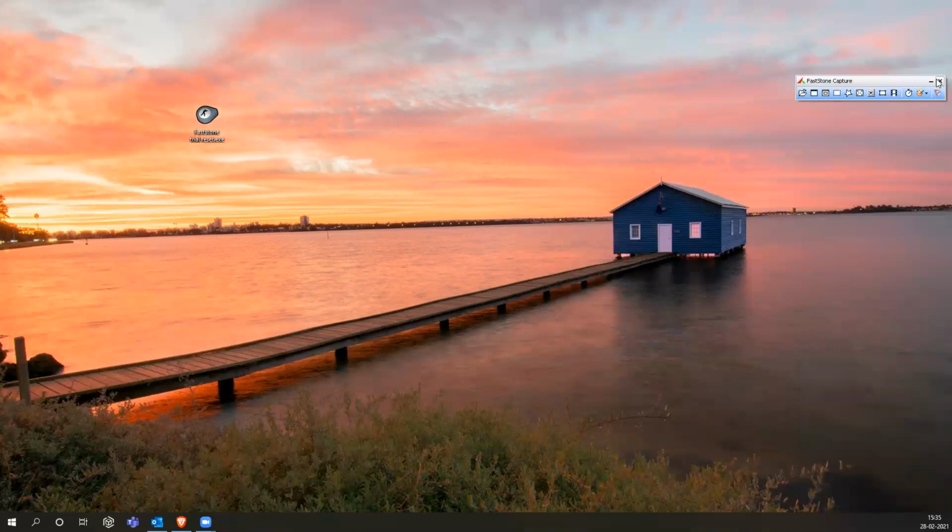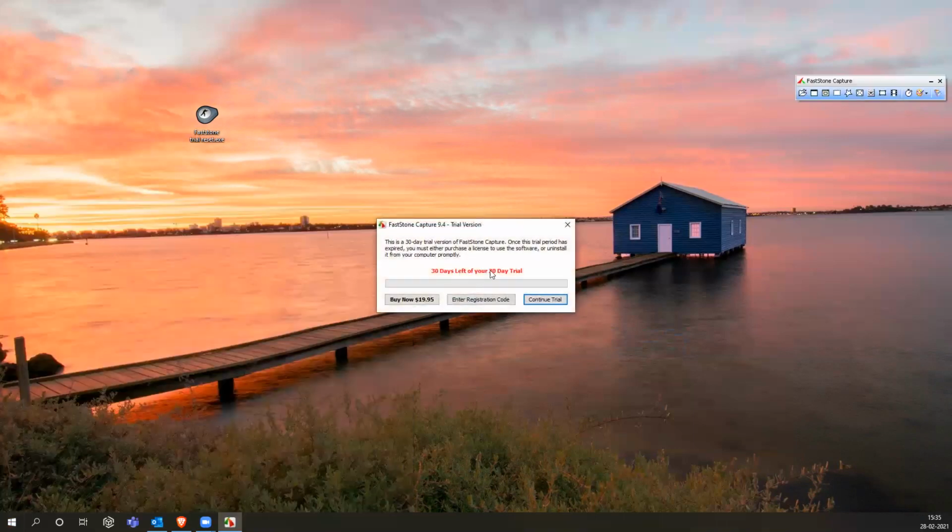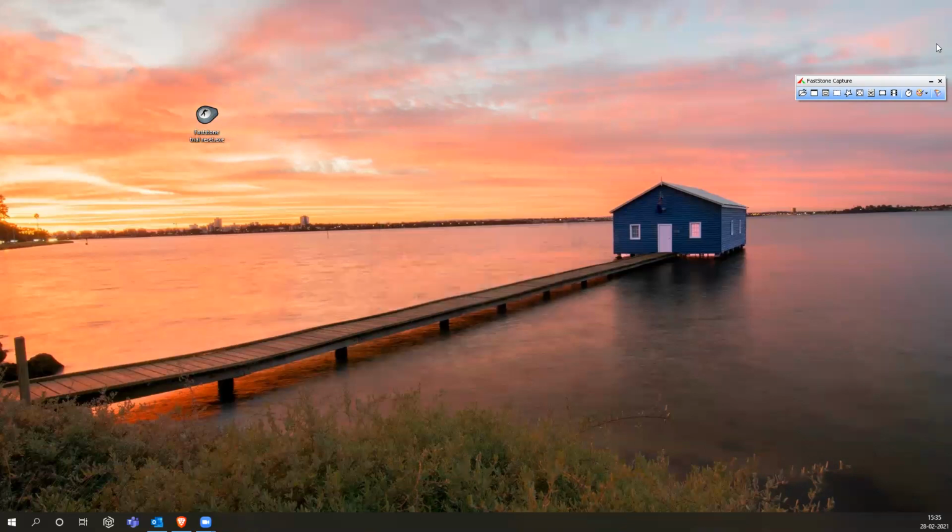So as this is day one, it will capture like this directly. Let me click on FastStone, continue trial. As I installed just now, it is showing this 30 days. But let's say my complete trial period is completed, and when you launch again on the 31st day, you'll get an error that the trial period is expired. At that point of time, you need to do some series of steps to get back that start trial option again. The manual steps I will show you.